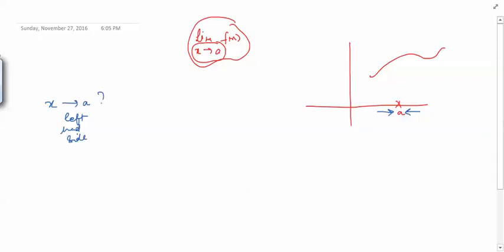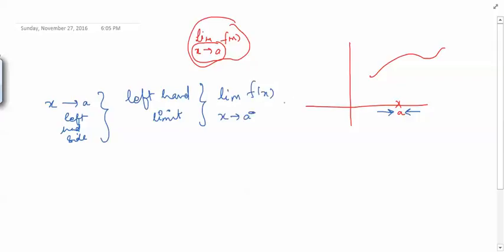Okay. In that case, when x approaches a from the left hand side, we call that limit the left hand limit. We denote it as lim x, and we put a negative sign to show that we are talking of the left hand limit. It means that our x is approaching from the left hand side towards a. And when x approaches a from the right hand side,